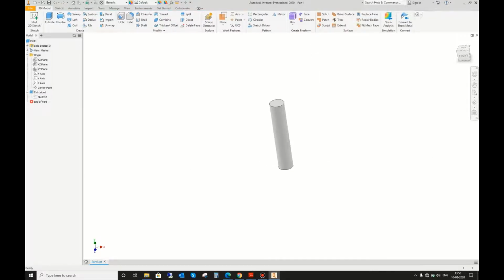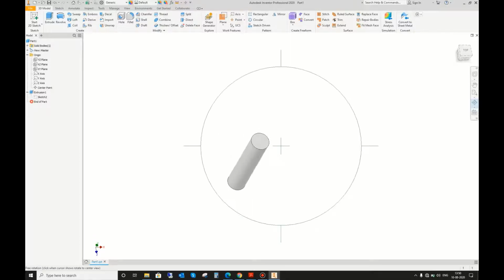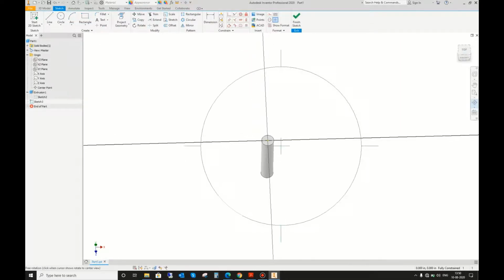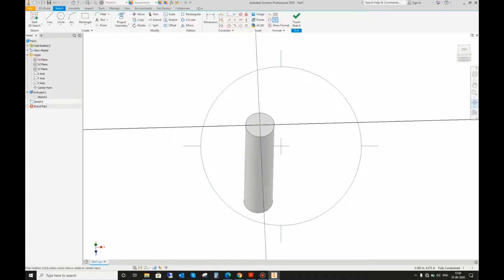Okay, so we are moving forward with our basic cylindrical extrusion here. Then there will be a change of radius. Another thing, once an extrusion is made, you can select the flat faces of that extrusion to make new sketches too.